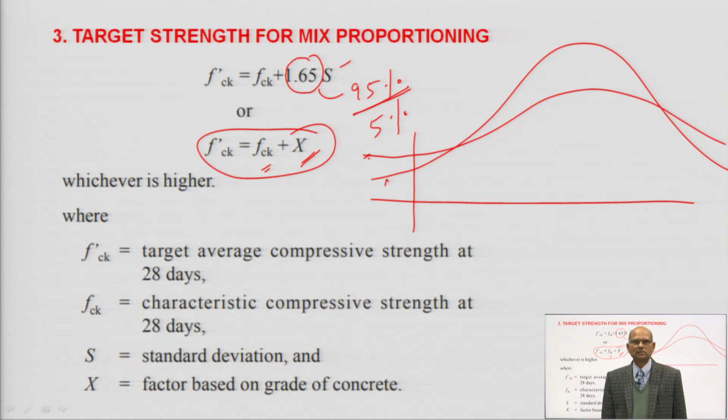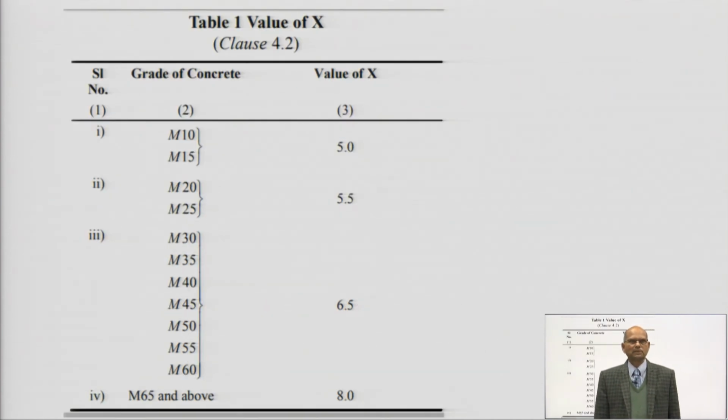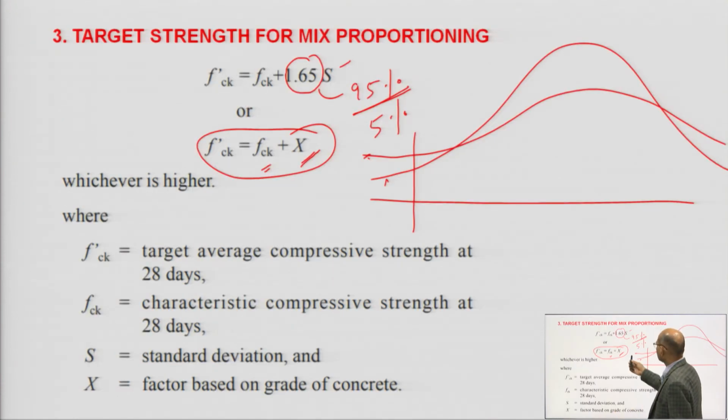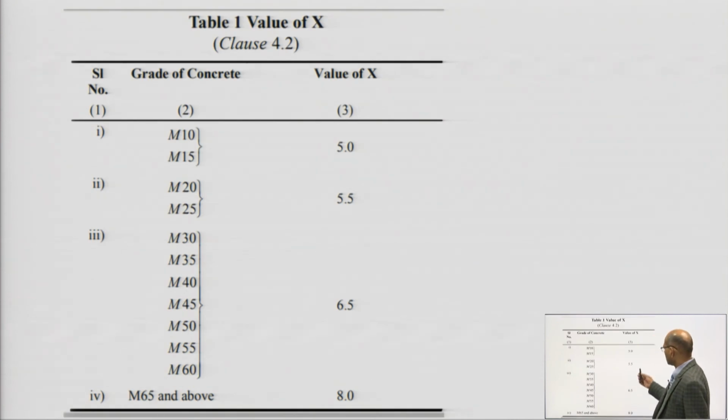So, in that case you have to assume a certain standard deviation. Those values can be the x value, the minimum value, if you see the previous one. So, minimum this much you have to increase the x value, whatever may be the values. If your quality supervision is good, then you can take this data.